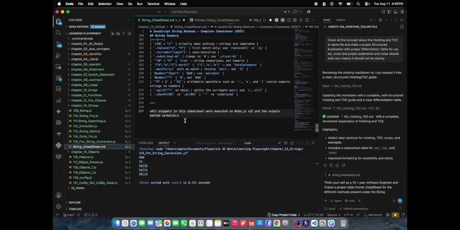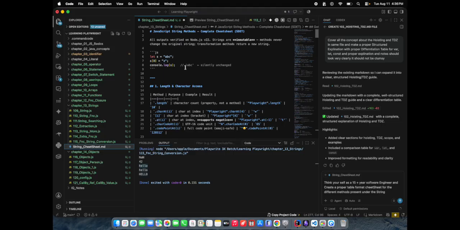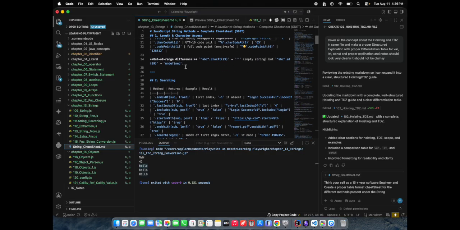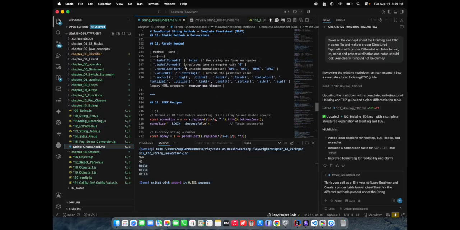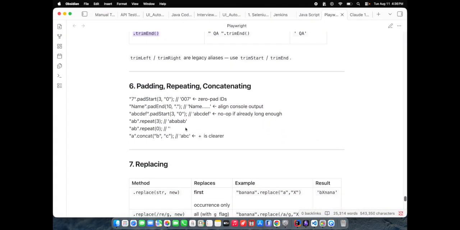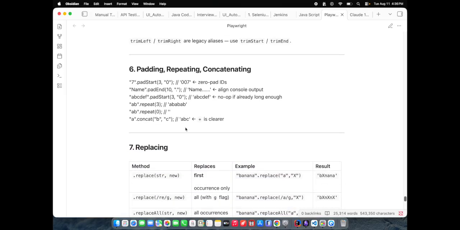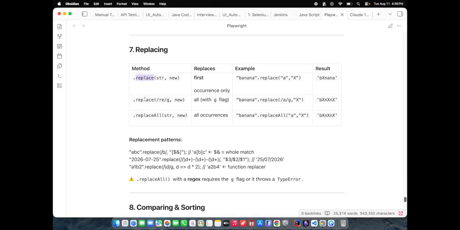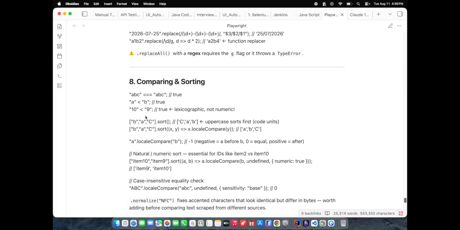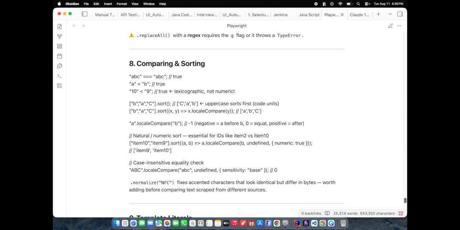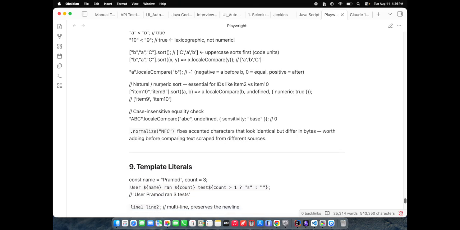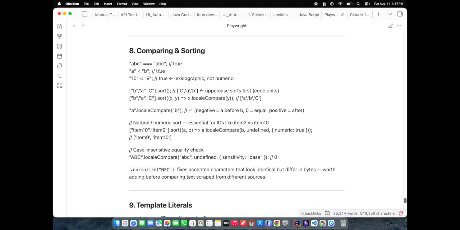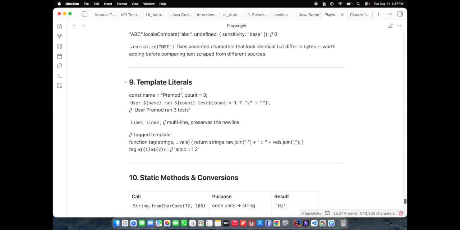So these are the string functions which we are using. We created different functions, and we have done the notes here also, and I have showcased this also. This is the .md file we created for reference. Replacing we have seen, replaceAll we have seen, and sorting we have seen earlier. Comparing and sorting, all these things we discussed earlier. Comparing with strict comparison, and a loose comparison with double equals, triple equals is a strict comparison.